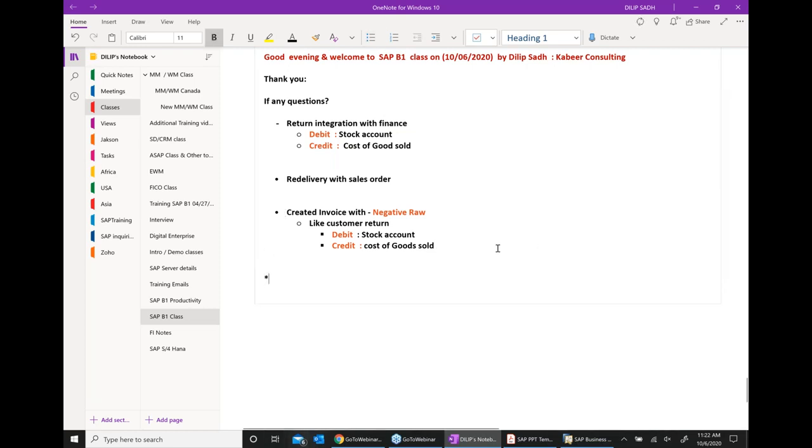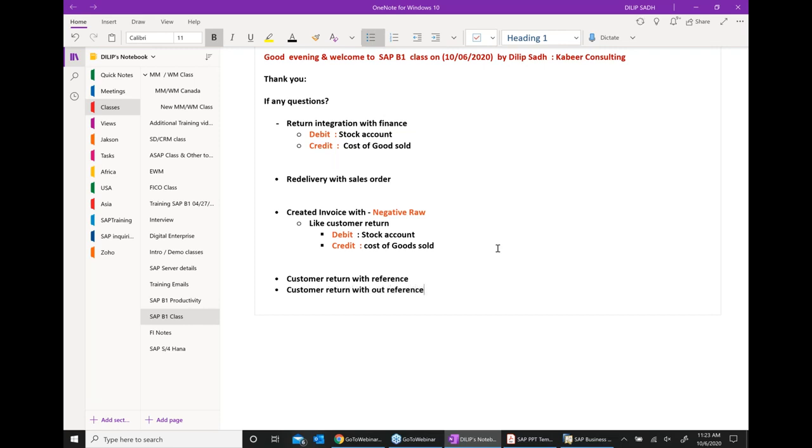Customer return with reference or customer return without reference.